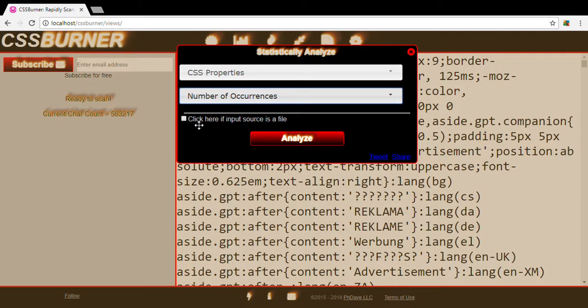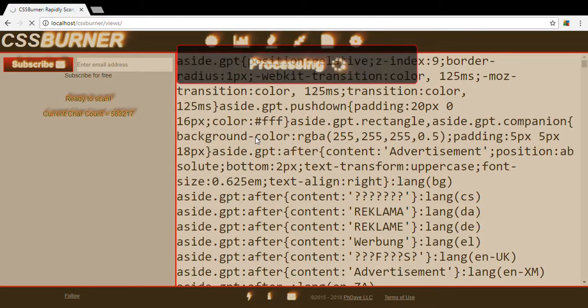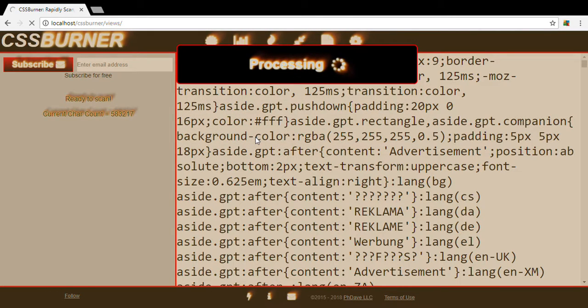We could also choose, if our input source is a file, to click this checkbox, but we're not going to do that today since we already have a selection pasted. Now we hit the Analyze button. We wait a few seconds,